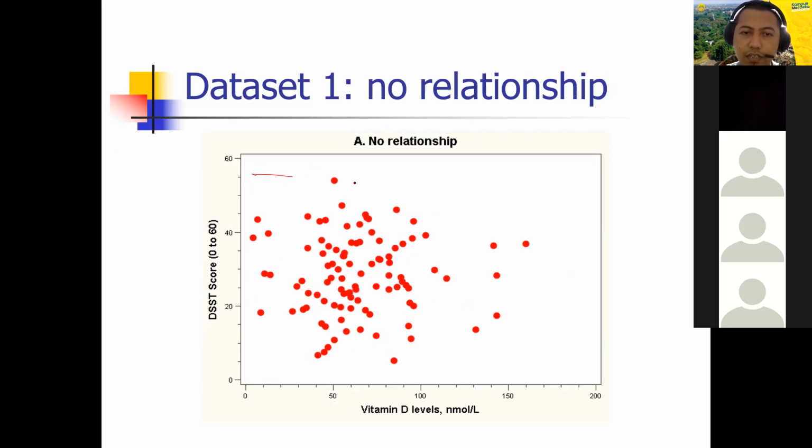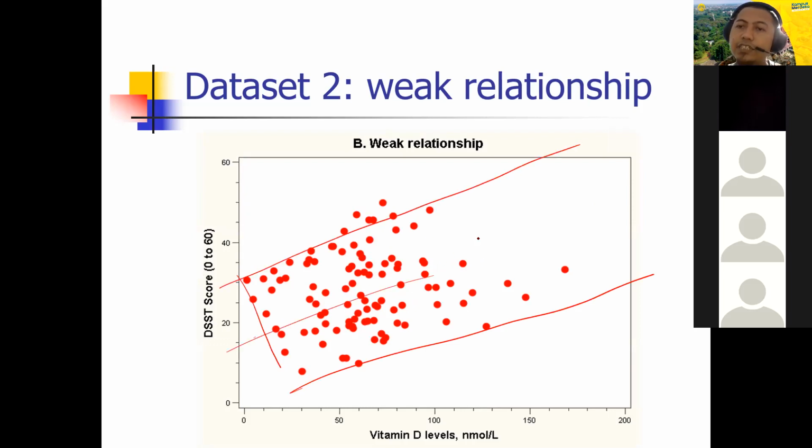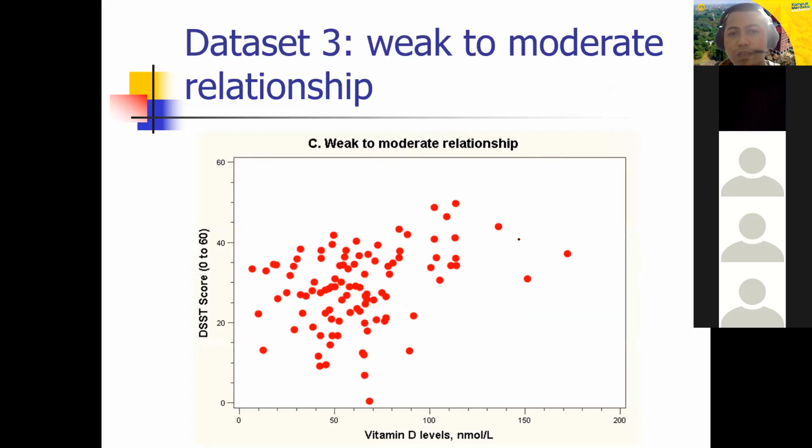The data is really spread like this, right? About this one, you can see it is spread like this. It looks like there is a relationship, but maybe weak relationship because the spread is so large. This weak to moderate relationship, you can see here,